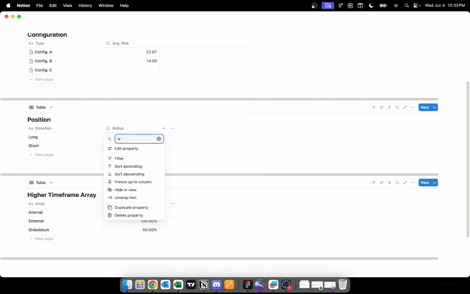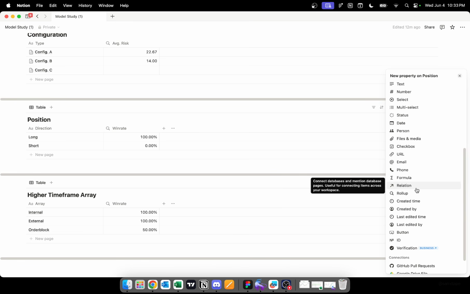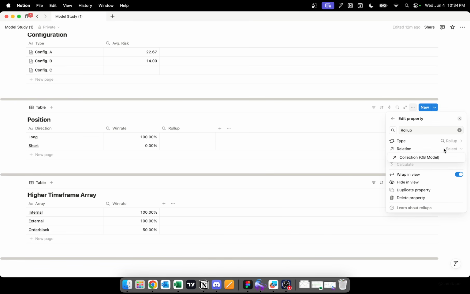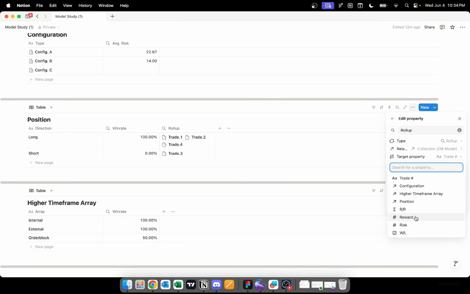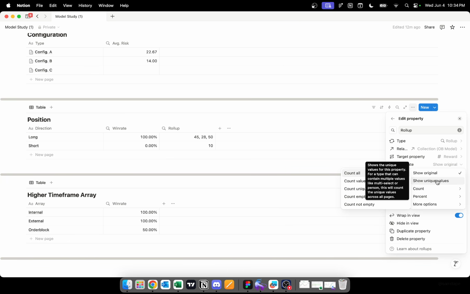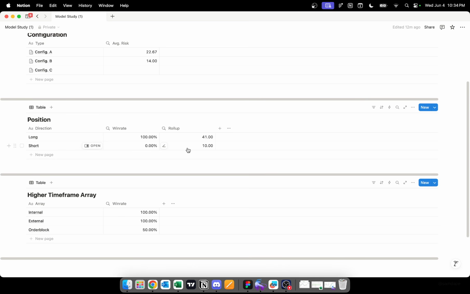Now you can also rename this win rate, and let's say I want to get a little bit more granular. I want to understand more. Same thing, roll up, select your relation. Target property is going to be my reward. And I want to know on average how much my reward is for my long positions and my shorts. So I can go to more options, go to average, and it's going to show me that on my longs, I have a 41 tick average, and on my shorts, I have a